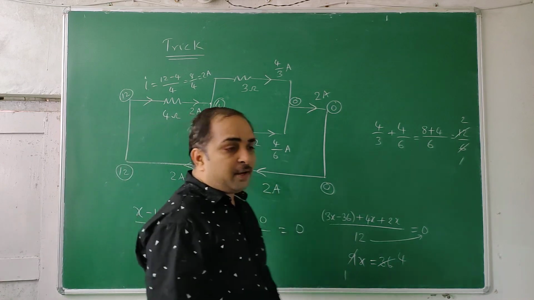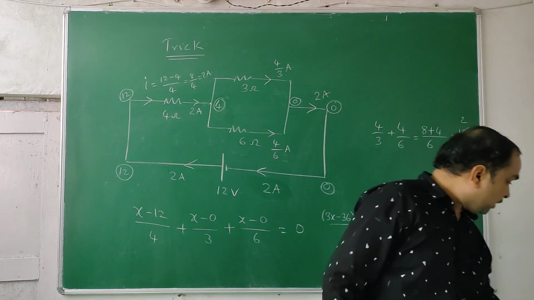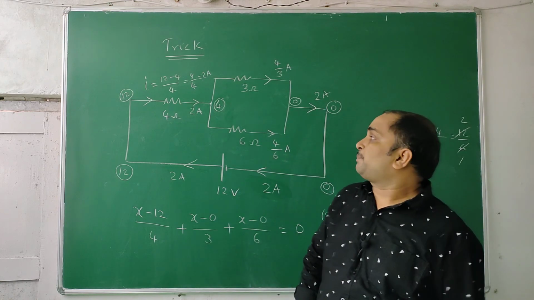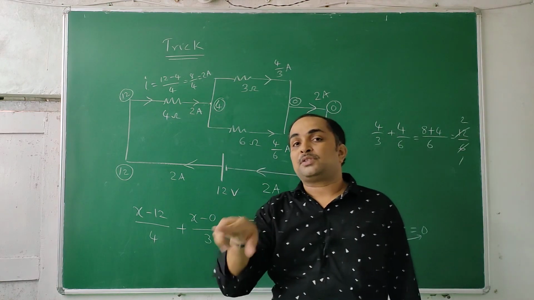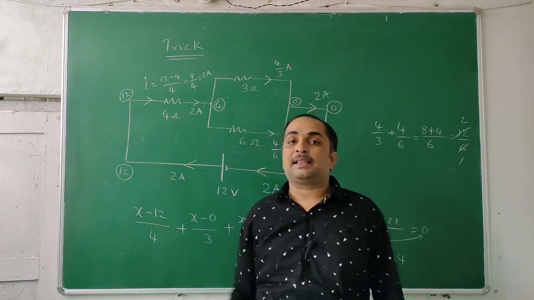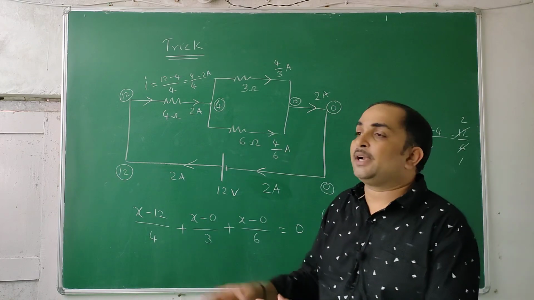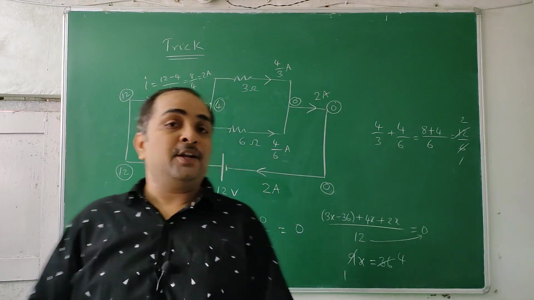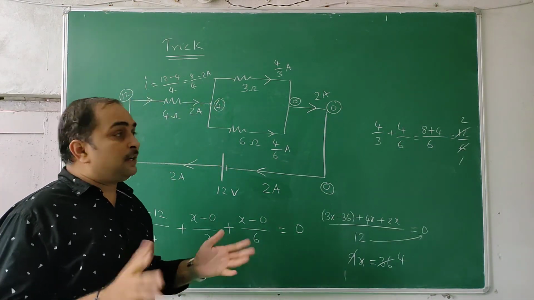This is a very, very good method. I don't know why it has been avoided at school levels, but at every level you can do it. This method is called assigning potential. If you don't know something, that point you call x, y, z like that. Solve the simultaneous equations. Once you get those values, see, one important point is that in this trick, we didn't use equivalent resistance. We didn't find the equivalent resistance anywhere.